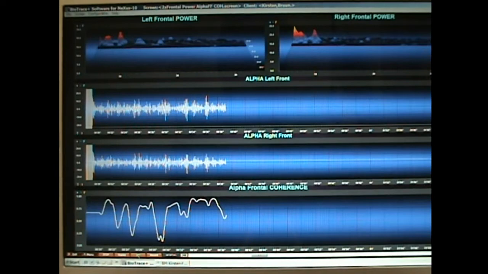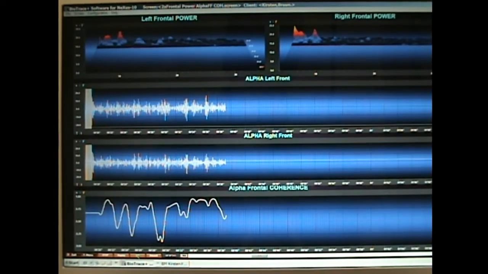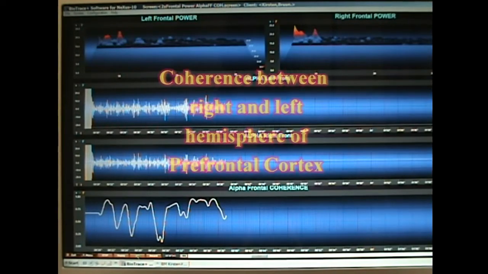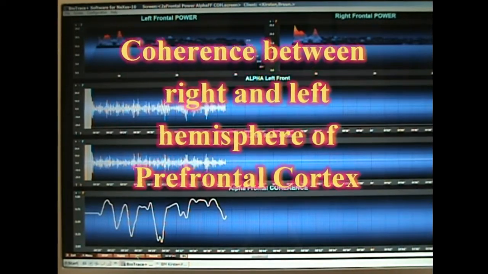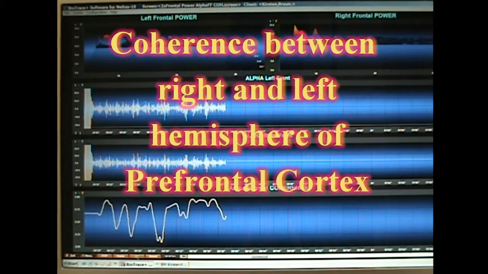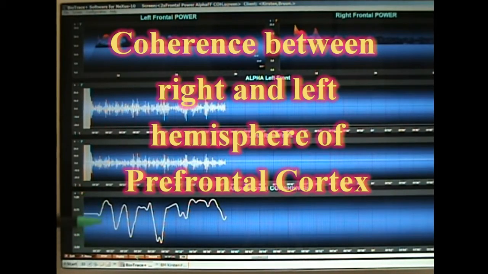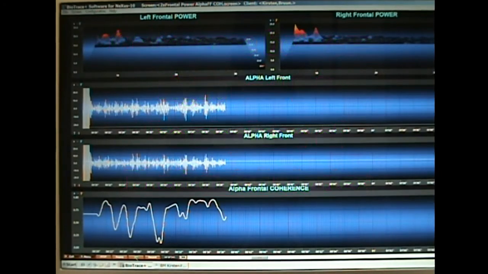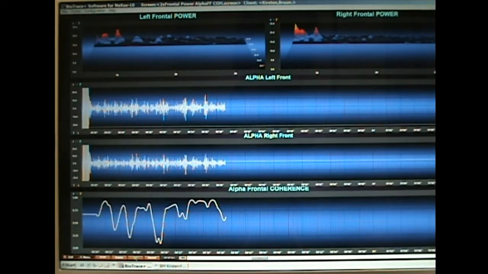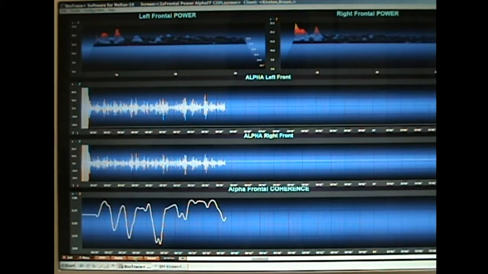Coherence is a measure of the phase stability or correlation between two individual EEG signatures. For example, from the left side and the right side of the front of the brain. So the coherence graph at the bottom is the most important chart here because it's going to illustrate how the computer calculates the degree of coherence between different parts of the brain and therefore a measure of global EEG or brainwave coherence.